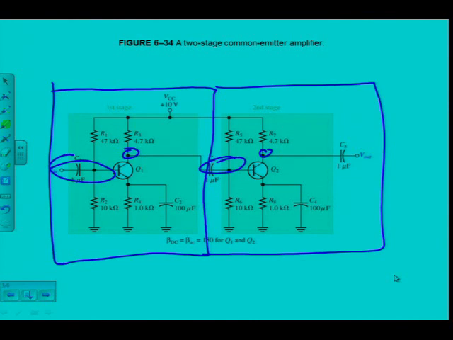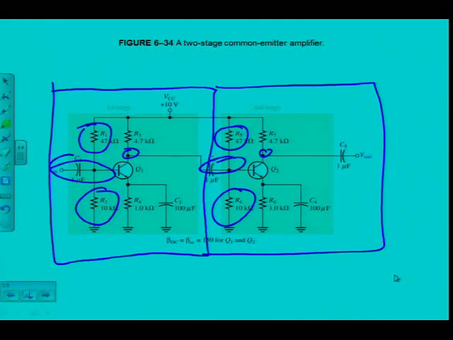What I also can see, and that is not always true, is that in this specific case both these stages are identical. I've got the same VCC and you can compare the resistor values. It's a voltage divider. There is R1 and on the second stage it's called R5, 47 kilo ohms. R2, 10 kilo ohms, and on the second stage it's called R6, also 10 kilo ohms. And so I can compare all the components in these two stages and I will see these are two exactly the same amplifiers. Alright, this is just to simplify matters